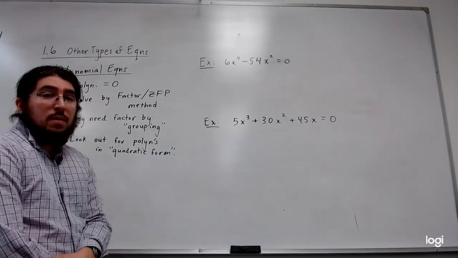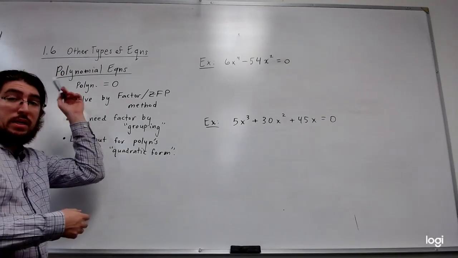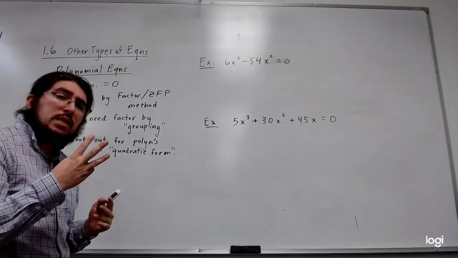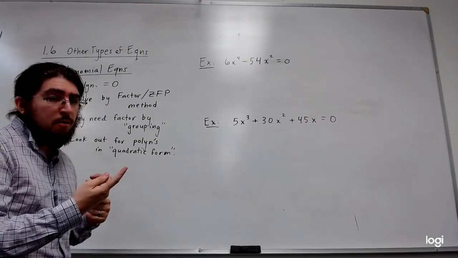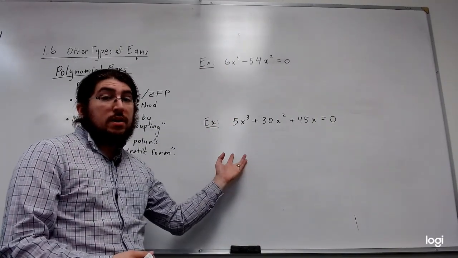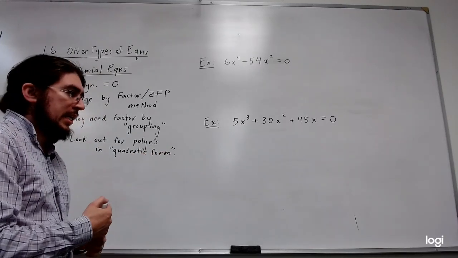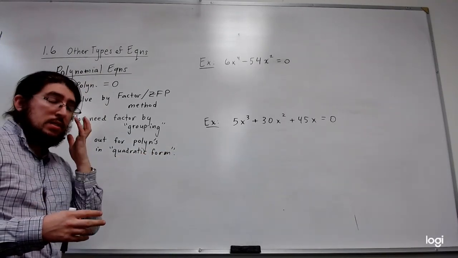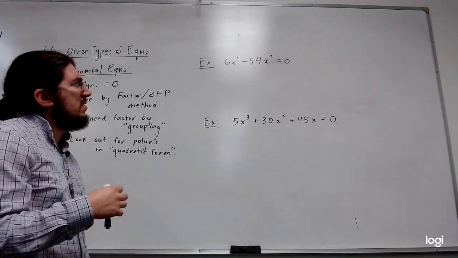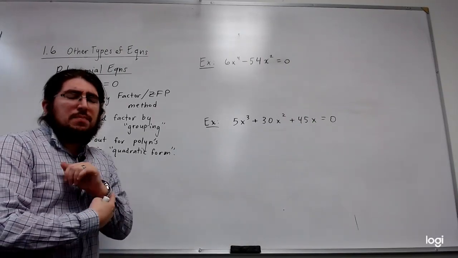All right, so for 1.6 now, we'll take a look at what are called other types of equations. The main three I want to talk about in this section are polynomial equations of higher order, or higher degree, like we see here, a fourth degree polynomial and a third degree polynomial, so we'll take a look at that in a second. Also radical equations are next on the list, and then finally absolute value equations. There are other types of equations that we may look at, but those are the main three I want to